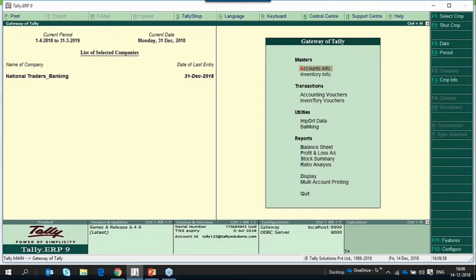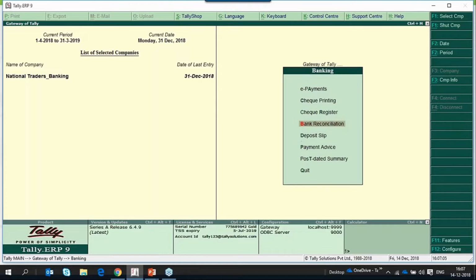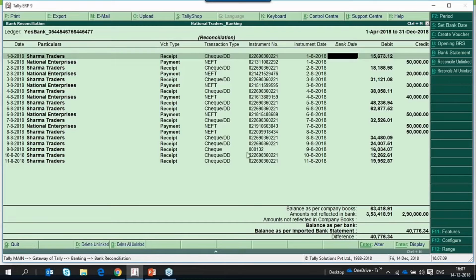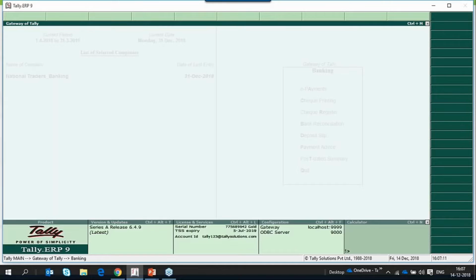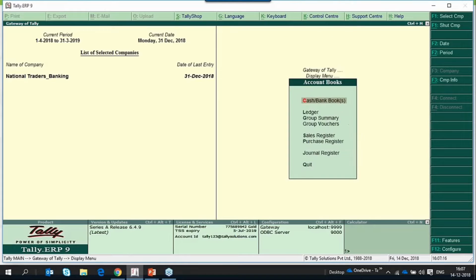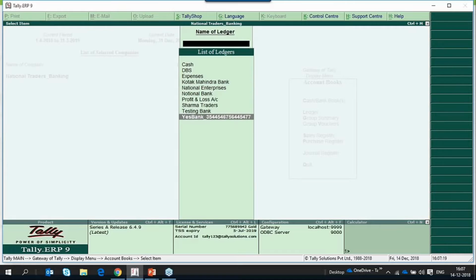Now for reconciliation, we can directly go to bank reconciliation, select the bank ledger here, it will take us to the reconciliation screen, or we can go to display, accounts book, ledger. We can open our bank ledger.